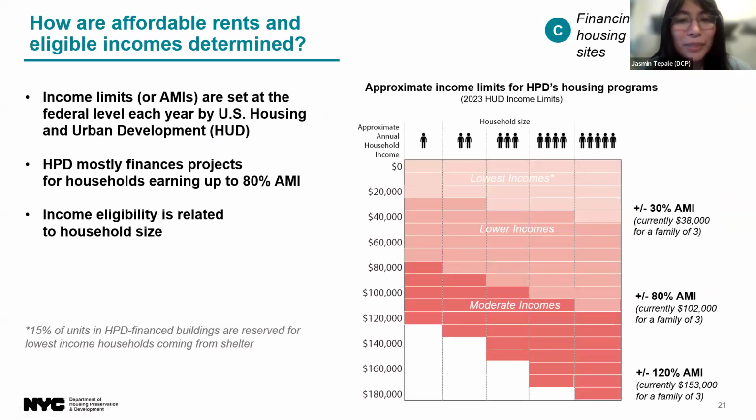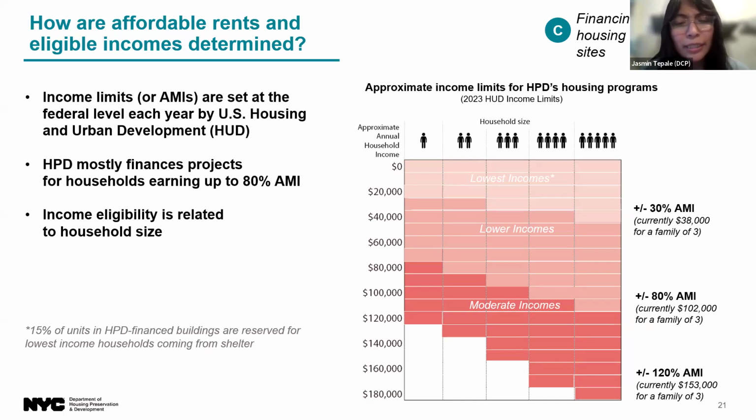So how does this income targeting happen? Affordable housing generally means that households spend less than 30% of their income on rent. This percent is connected to HUD income levels, which is set every year by the Federal Housing and Urban Development Agency to guide their distribution of housing funds across the city. Income levels and limits are set by HUD, so not by the city, and you'll also hear them referred to as AMI. AMI stands for Area Median Income.